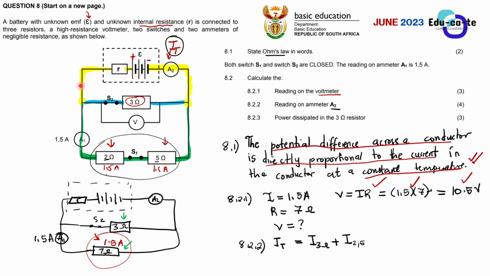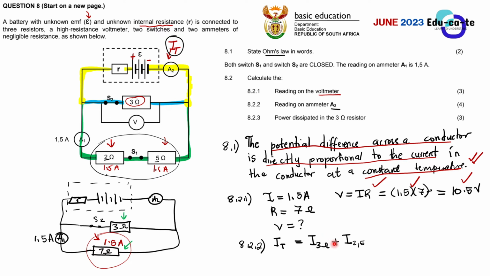I had 100 amperes, and I've split it: 20 amperes here, and then 80 amperes here. And then these 20 amperes and these 80 amperes combine again. It will form 100 amperes. So basically, for me to be able to get my total current, I need to add the current here, which is analogous to the 20 amperes, and then the 80 amperes here as well, and then I should get 100 amperes back again. So you kind of get the sense of current splitting.